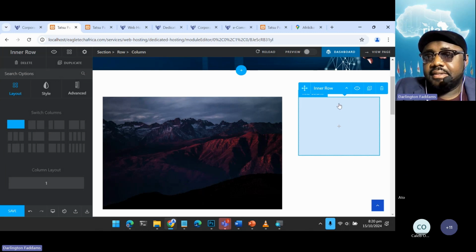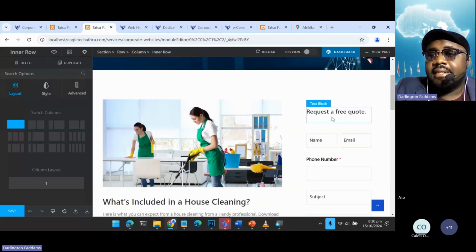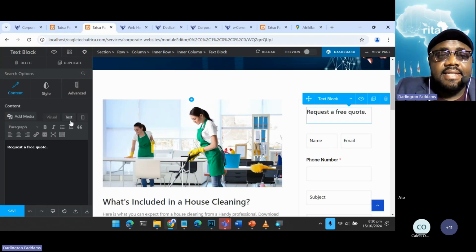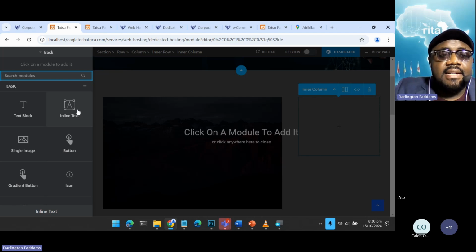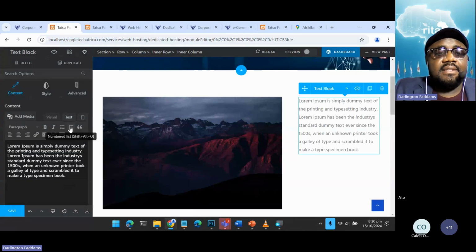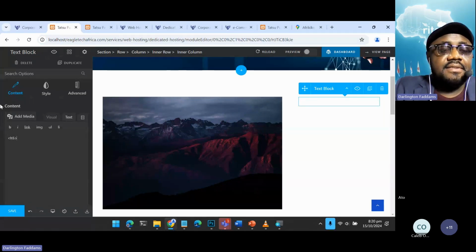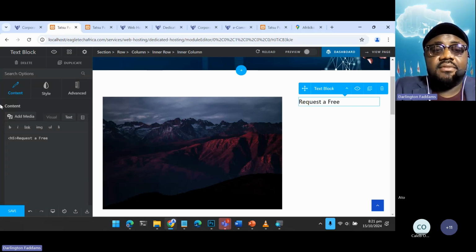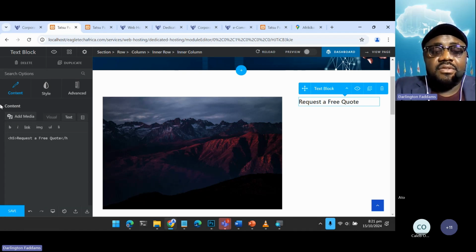I can just look for the plus, but I can click here and let me put what they have there first. They have a text. The text is H5, request a free code. So I can also add a text block and go to the code and say H5, request a free code. All right. H5 should close. Then after that,